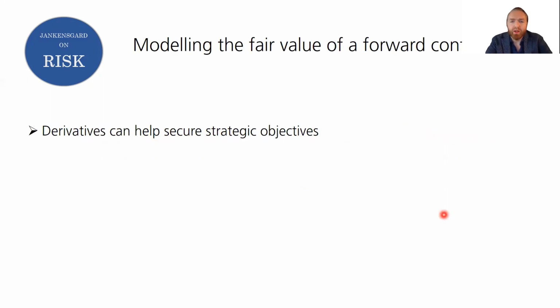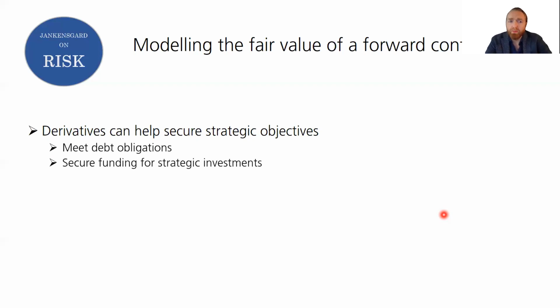All right, so derivatives are widely used to take market views and to try to generate excess profits from that. But a better way to build a case for risk management is to design these strategies so as to help the firm secure strategic objectives, which essentially means having extra liquidity when you most need it. So, for example, to meet debt obligations when they are due and thereby avoid various sorts of financial distress. Derivative cash flows can also help secure funding for strategic investments. So there are various ways that derivative strategies can be helpful in terms of executing the business plan